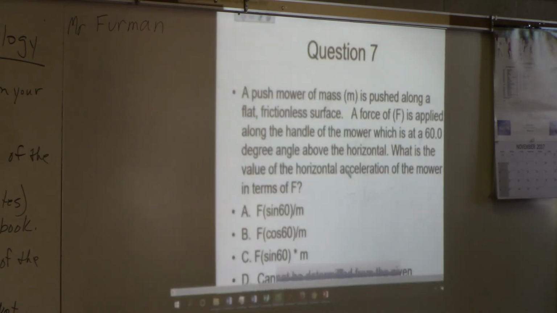Where do you think we need to start? Free body diagram, sure. And so our free body diagram, we've got 3 forces. It would be difficult to push a motor on a frictionless surface, because if you're trying to push it, your feet are just going to slide out from underneath you. So we'll assume the motor is on a frictionless surface, but you're maybe walking beside it on a track of some sort. So forces acting on the motor,